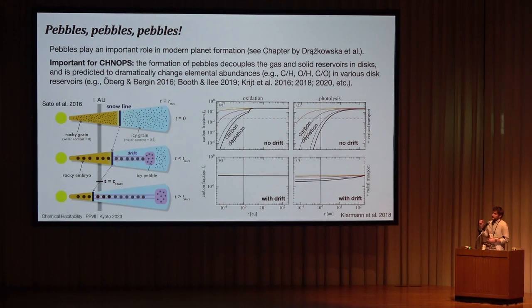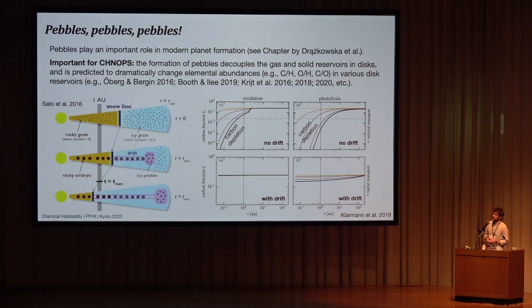And in these modern models of planet formation, you have tens to hundreds of Earth masses worth of solids drifting radially. What does this do to your CHNOPS? Well, potentially, based again on models, this is a huge opportunity. This will lead to huge changes in